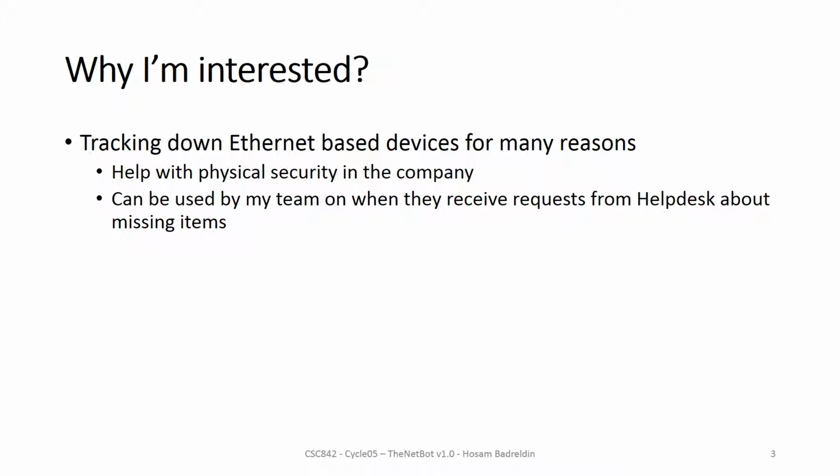Why I'm interested: it solves one of the problems we get. Sometimes we get requests from the help desk about a missing laptop or a missing IP phone. We don't know where it's located. Is it connected to the wireless? Is it connected on the wired network, and so on? If they give us an IP and it's live, we can use the IP locator and track it down to figure out where it is. But if it's offline and we're unable to find it with the IP locator,